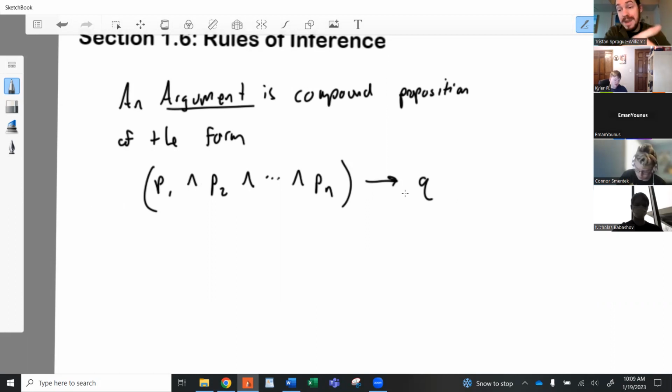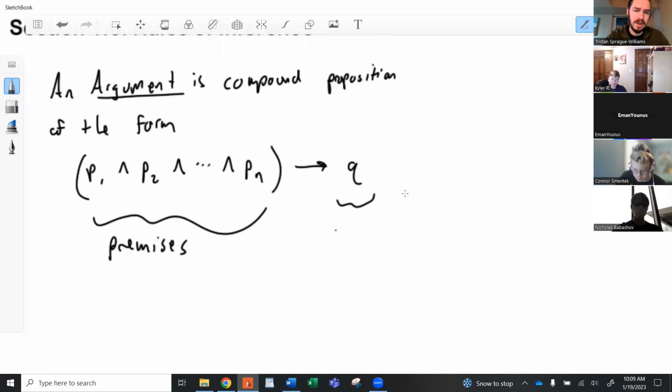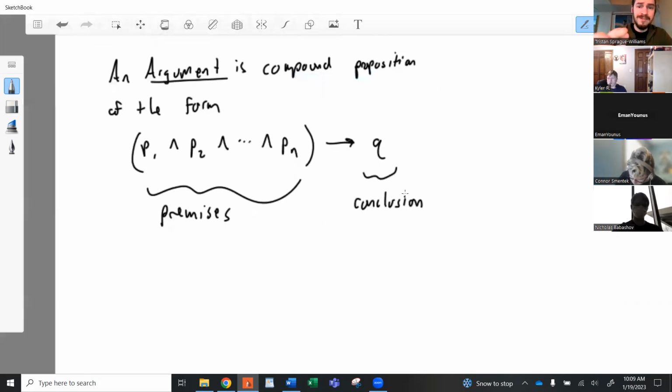Possibly there could be a single thing, just P1, but in general arguments usually have multiple things over here, and these things are called the premises. Each one of those is a premise. They make up the hypothesis of this thing, and then over here you have the conclusion, just like we call it for any old implication statement. This is called an argument, and an argument is valid if